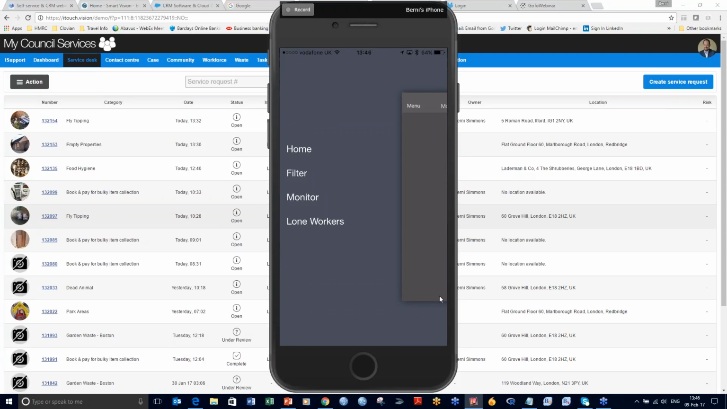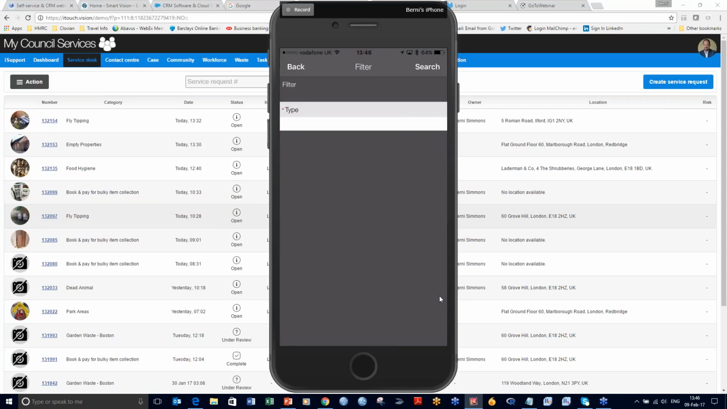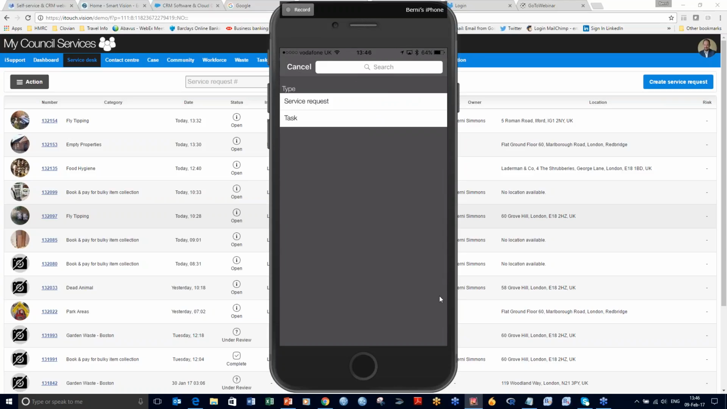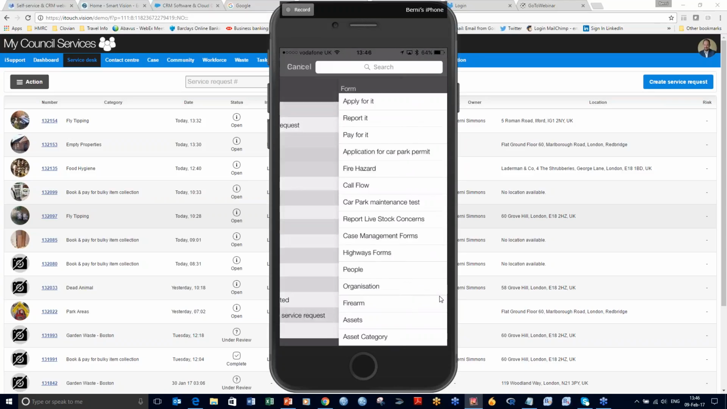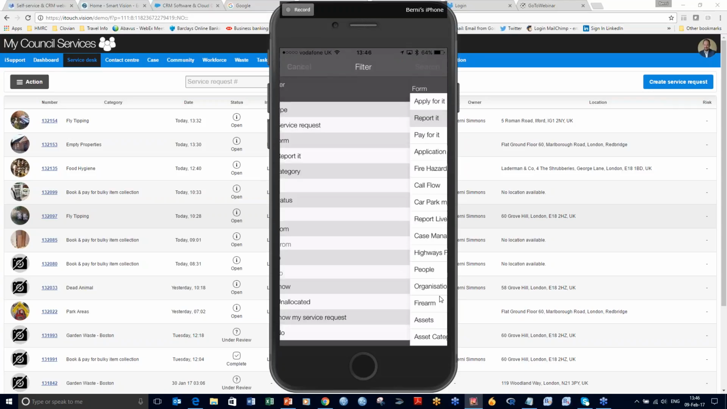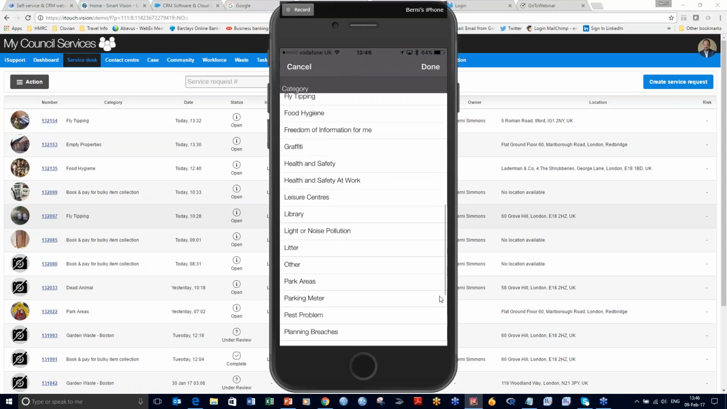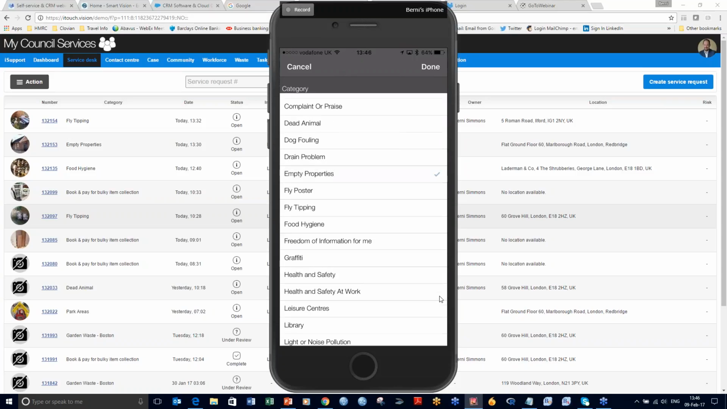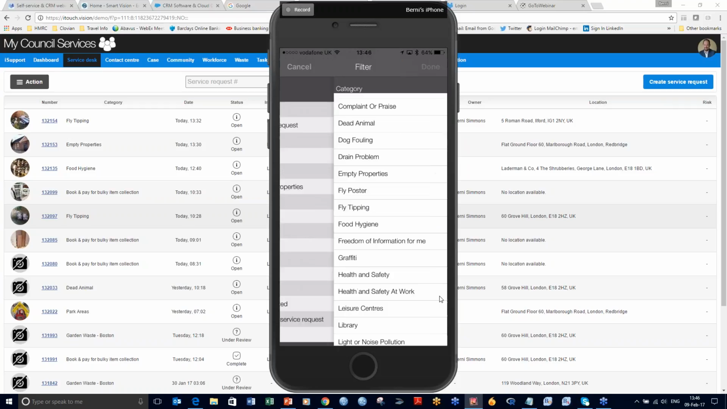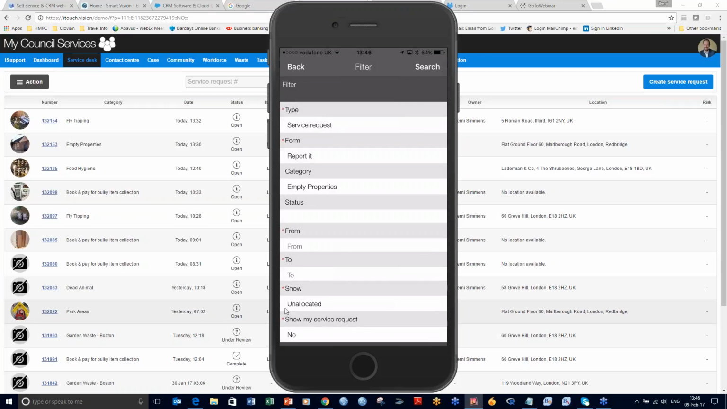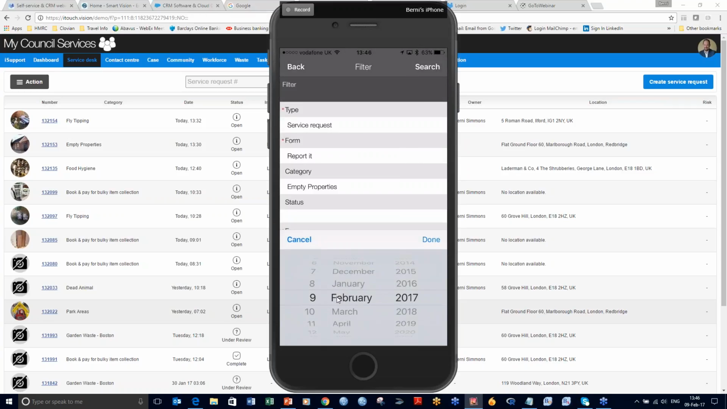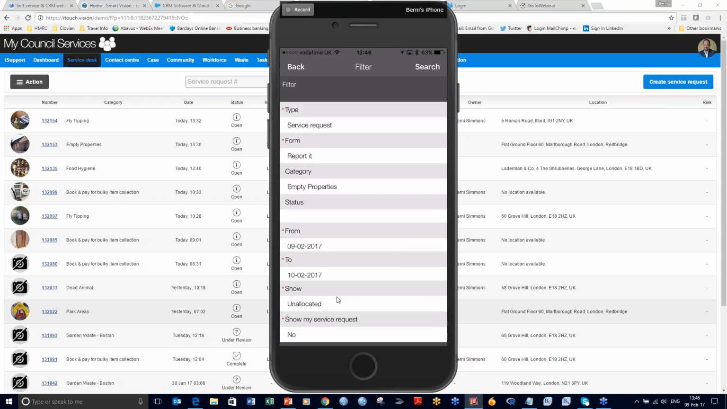So I might choose to go and check for any unassigned work. So I go into the filter screen, I select service requests, and I want to look at them from report it, and I'm interested particularly in anything that is an empty property. So if I can find that, I'll select empty properties, the category that I'm interested in, click on done. I want anything that hasn't yet been allocated, and I'm going to say search the database. I need to give it some dates. That's a user error on my part. So from today through to tomorrow, let's say,